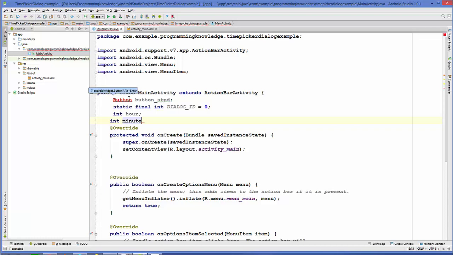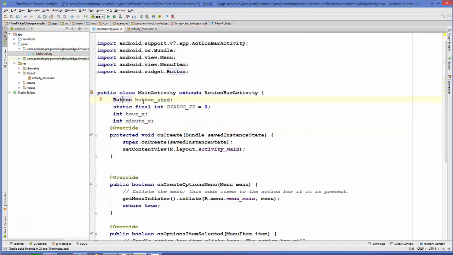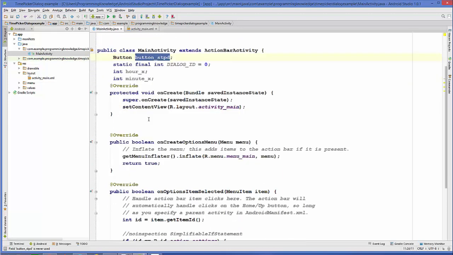And let's add some other text to minutes, for example minute x and hour x, so that it can be identified as user defined variables. Okay, so once we have created these three variables, what we can do is we can create a method in which we can call this button click event, and inside this button click event we can call our show dialog method to show this time picker.